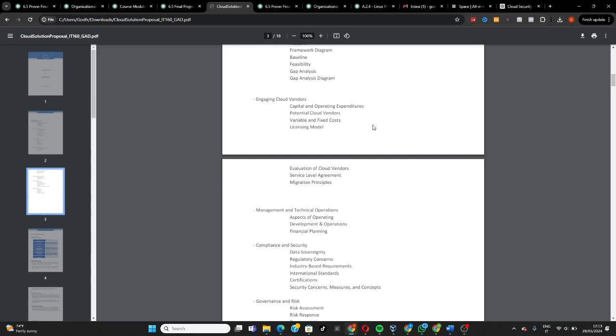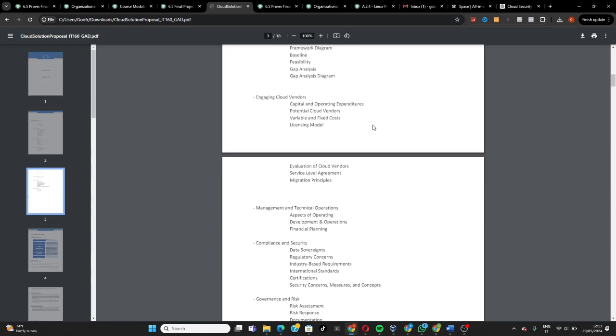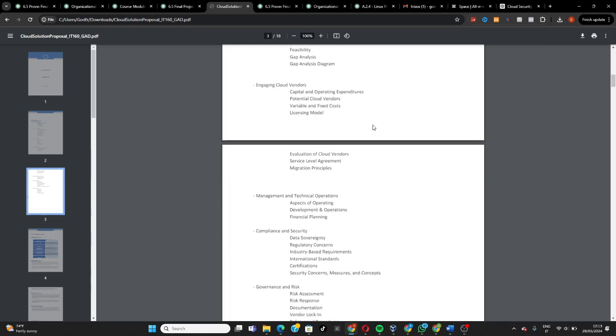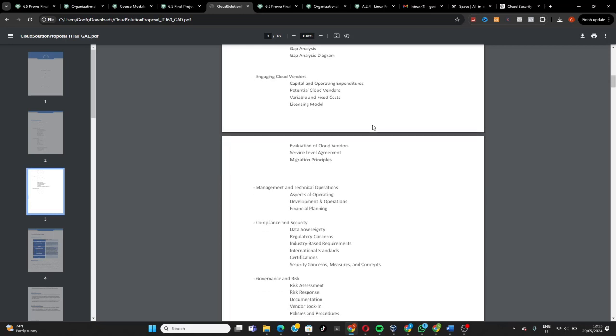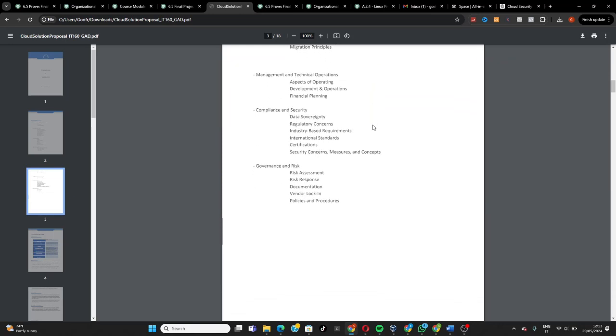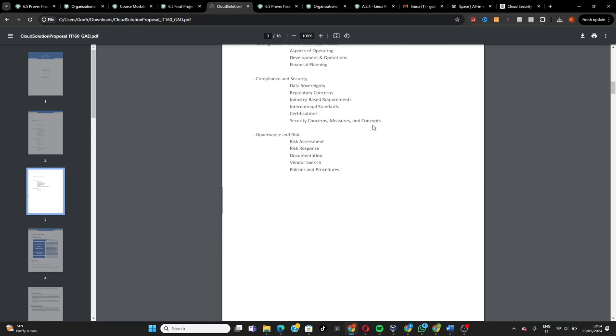and operating expenditures and potential cloud vendors, also the variable and fixed costs and the license model, etc. They can also focus on the management and the technical operation, the aspect of the operation, development operation, financial planning,